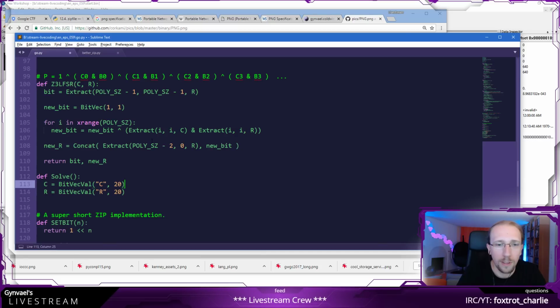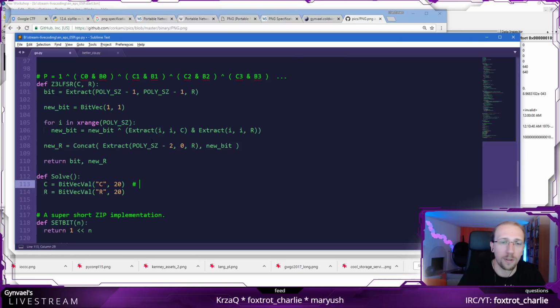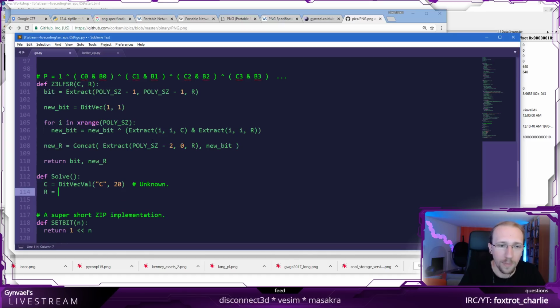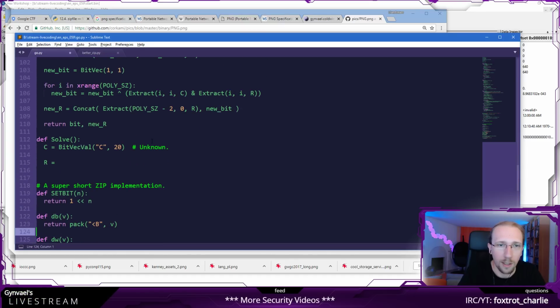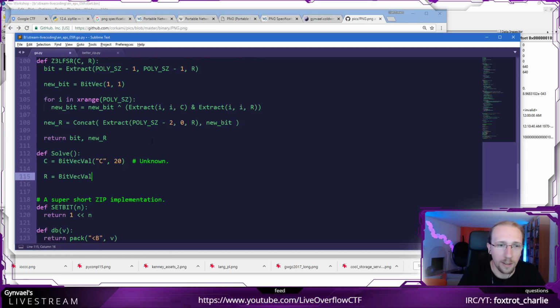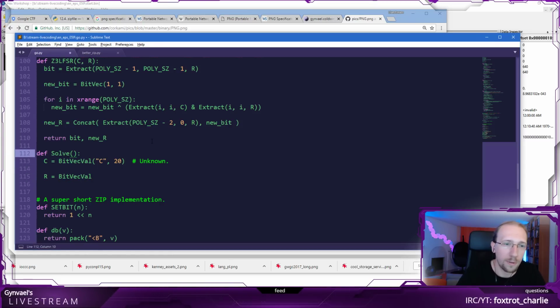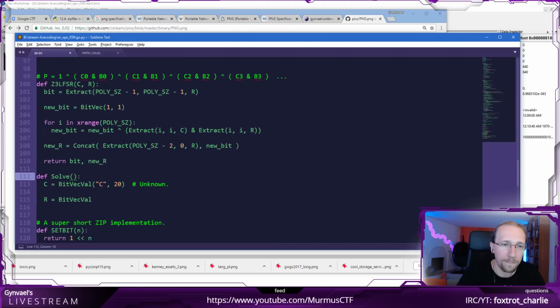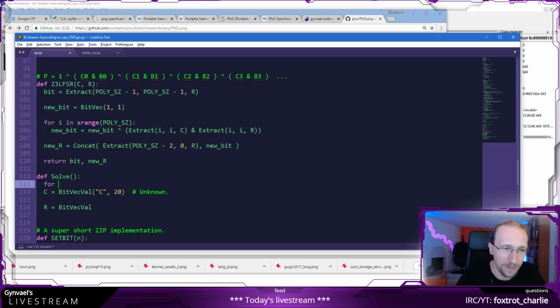I don't know the C. This is unknown. This is what we are looking for, right? I do know the initial register state, so I do not have to do this. Instead of it, what I do have to do is create a bit vec val, and I need to do it 8 times, right? Because I have 8 random number generators.